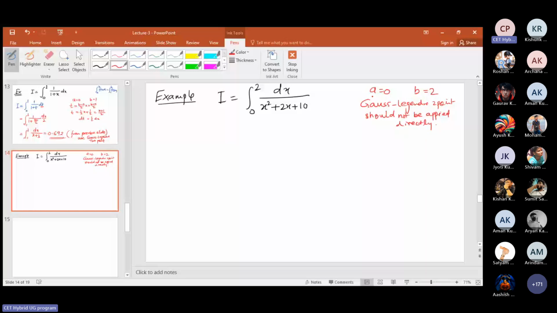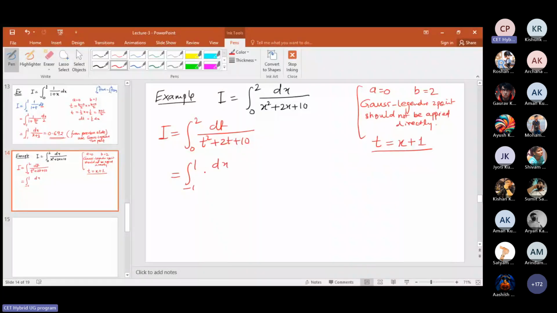क्यों? क्योंकि लिमिट्स आपकी 0 से 2 के बीच में है। तो हमें क्या करना पड़ेगा? सबसे पहले ट्रांसफॉर्मेशन करना पड़ेगा। t is equal to (b minus a) by 2 times x, that is 2 by 2, plus (b plus a) by 2, so t is equal to x plus 1. ये ट्रांसफॉर्मेशन हमें अप्लाई करना पड़ेगा। सबसे पहले x को t में रखिए, x का t में रखने पर क्या हो जाएगा? 0 to 2 dt upon t square plus 2t plus 10, and then the transformation will give you -1 to 1. You substitute it here, dx upon